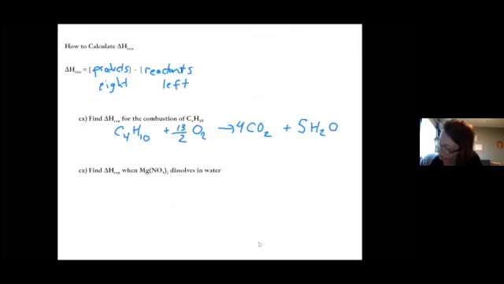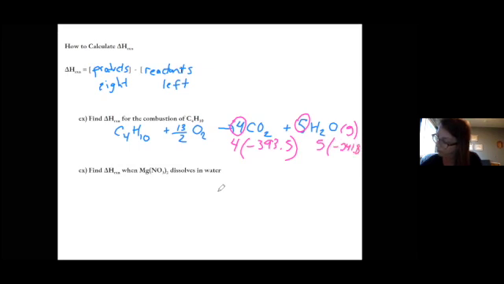So let's go up and label those values. For the carbon dioxide, that was 393.5. We have 4 of them. Sorry, wrong one. So we're going to actually need to take 4 because of the coefficient times the value from the chart. And for water, we're going to have to take 5 times the value, again, of gaseous water on the chart,